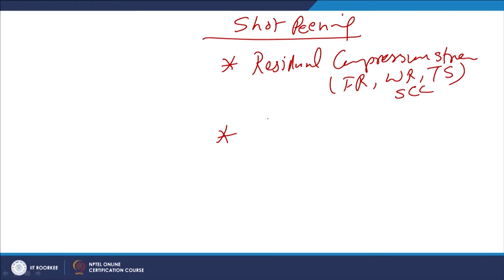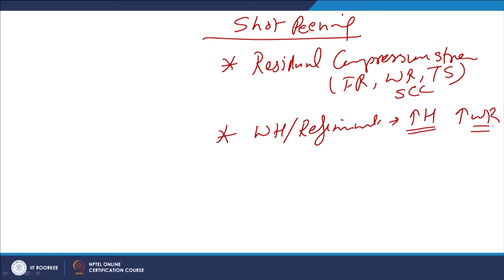So, apart from the work hardening due to the surface layer deformation, sometimes the grain refinement helps to increase the hardness of the surface layers, and this improves the wear resistance. So, these are the two main objectives, but sometimes apart from these two favorable effects, we may find unfavorable effects